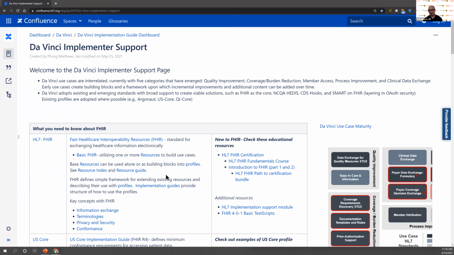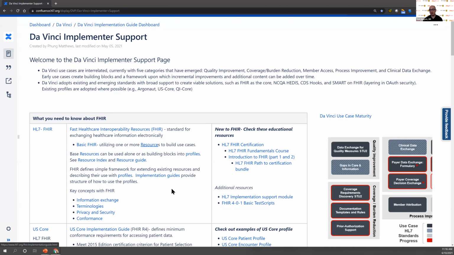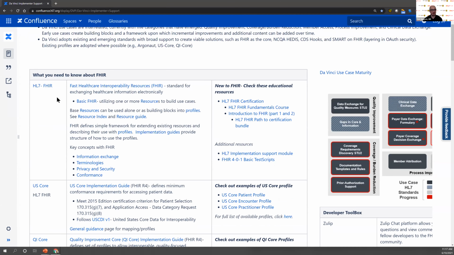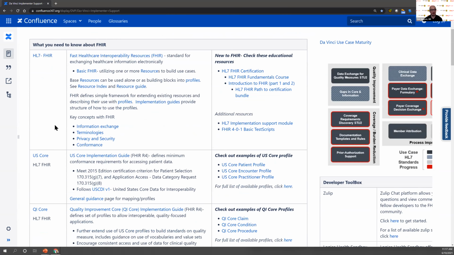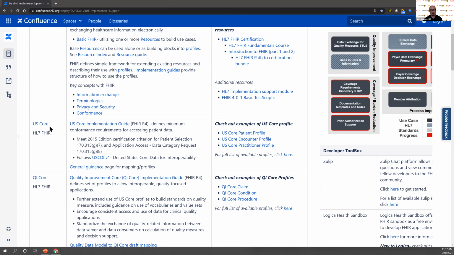And the reality is this implementer support page, the first set of it, is good for any FHIR accelerator or just getting into the FHIR community. The first part is really not specific to Da Vinci, but here are the links to what you need to know about FHIR. So here are links to the FHIR specification itself, links to US Core, the Da Vinci project. Because we are a part of the US realm, we ground our work in the US Core profiles whenever they're available, and in compliance with the US realm task force,